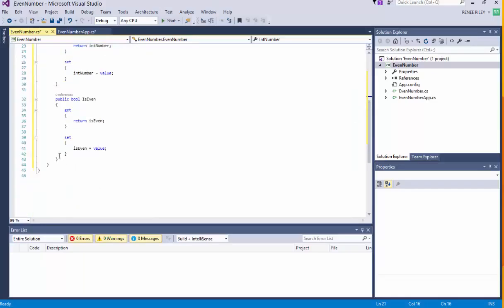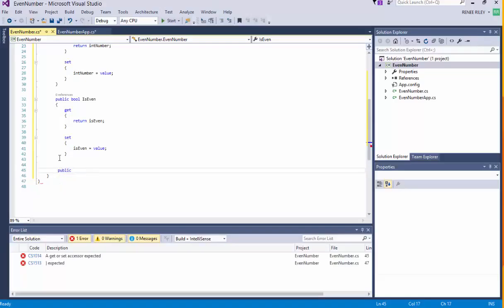I'm going to go ahead and create a constructor for my class, and for this one, I'm going to say that it is public EvenNumber, and